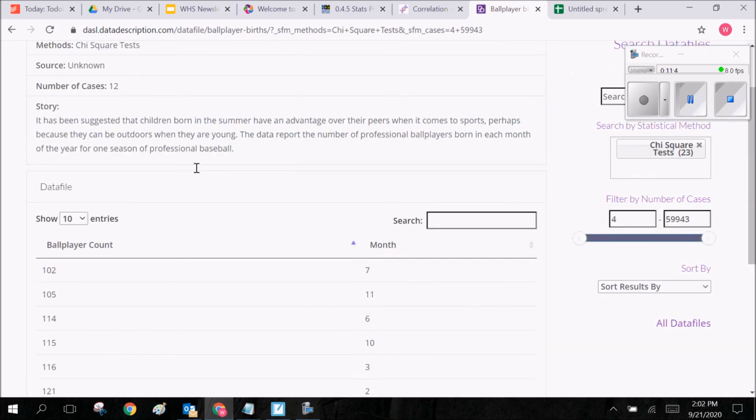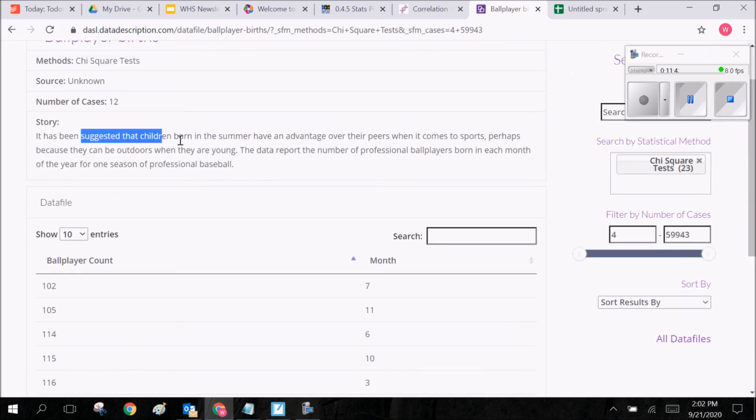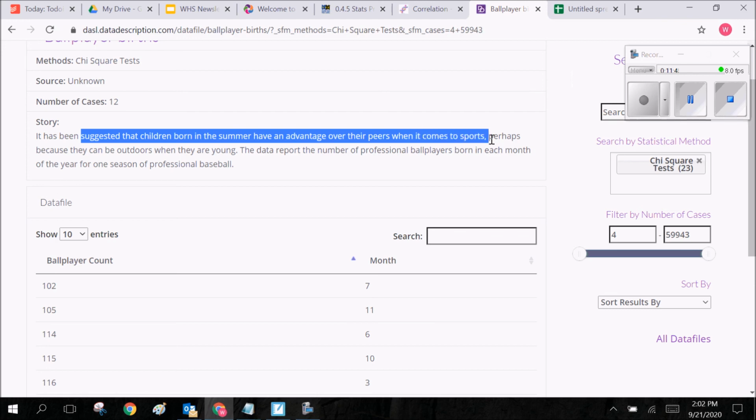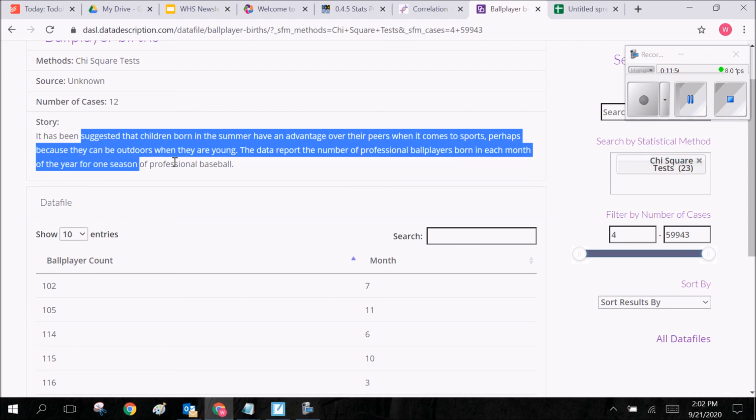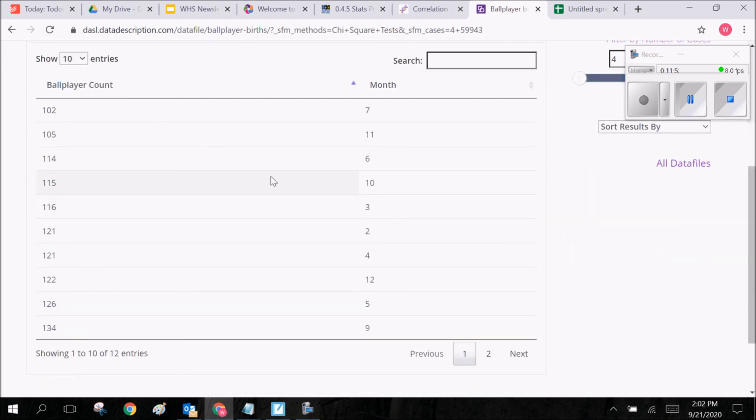So if we go to ball player births, essentially it's suggesting that children born in the summer have an advantage over their peers when it comes to sports, maybe because they can go outside when they're young. The data report the number of professional ball players born each month. Okay, so basically if you're born in the summer, you're better at baseball is what they're trying to say. Now, that seems like total malarkey to me, but let's go ahead and see whether or not the two